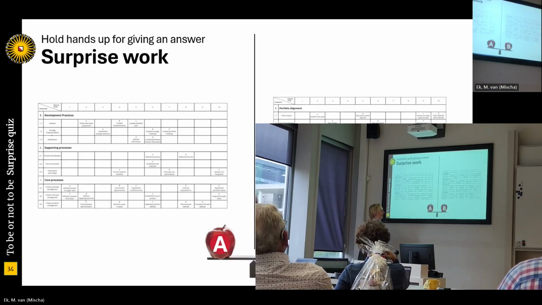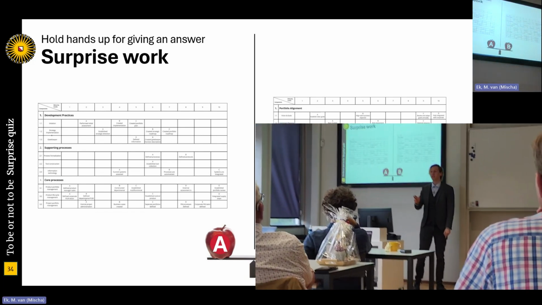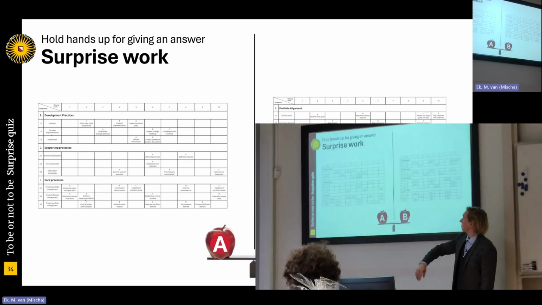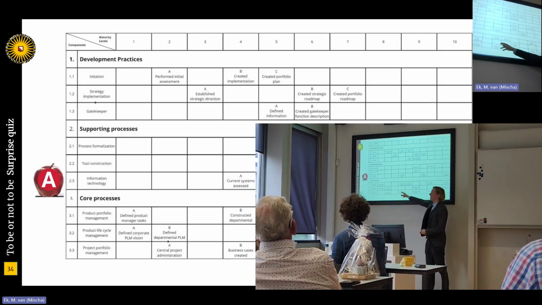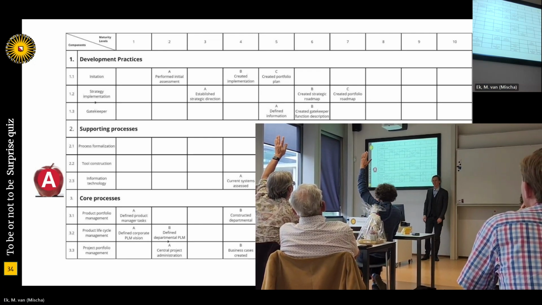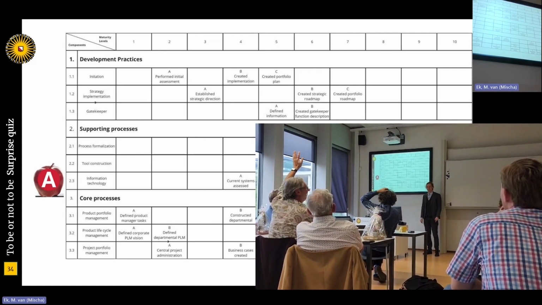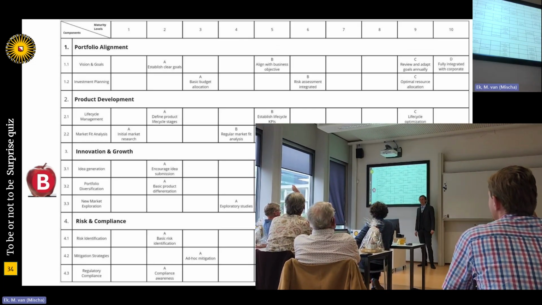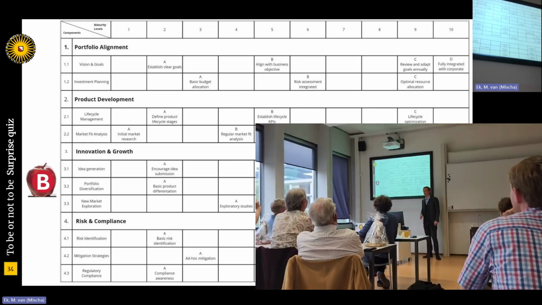So I'm going to ask you to raise your hand. I'll start with A. Which one do you think is AI generated? Do you think that focus area maturity model A was AI generated? Raise your hand. Right. And which one do you think is AI generated? Right. I'm seeing like 5 hands and before 3 hands.